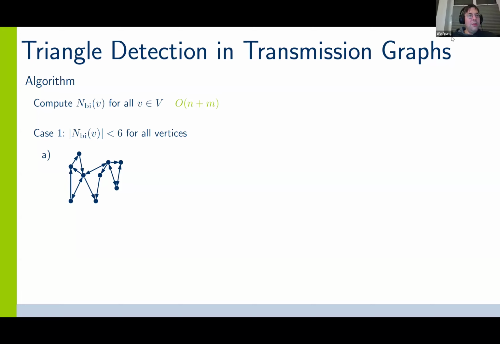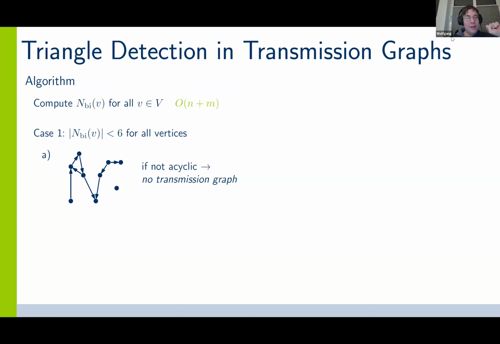So either it is the case that for each vertex, the number of bidirectional neighbors is at most 6. And in that case, what we do is we delete all the bidirectional neighbors from the graph. And then the resulting graph has to be acyclic, because we know that in every transmission graph, in every